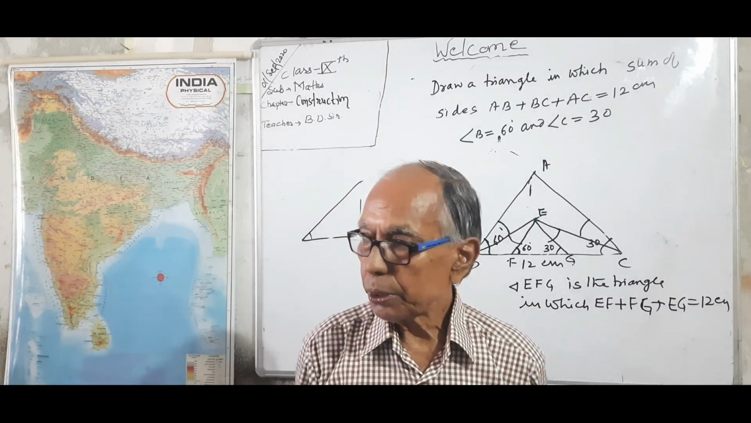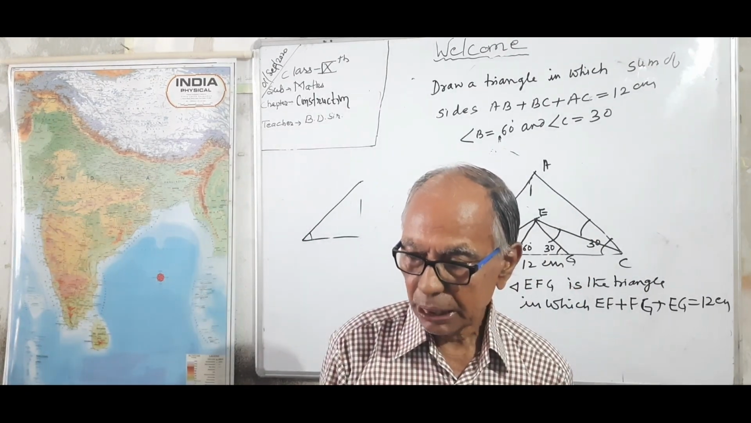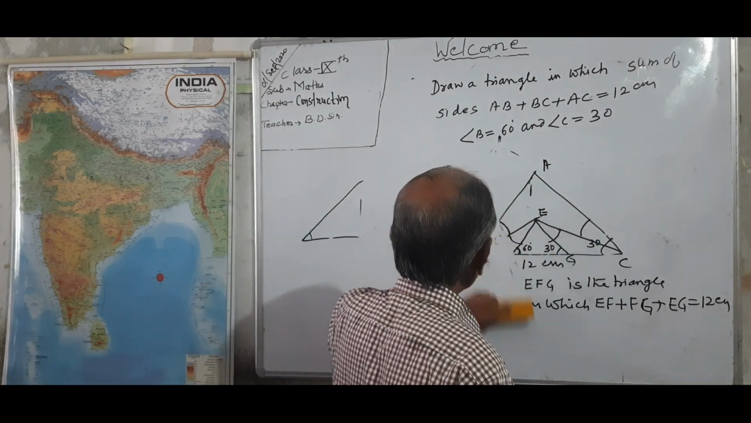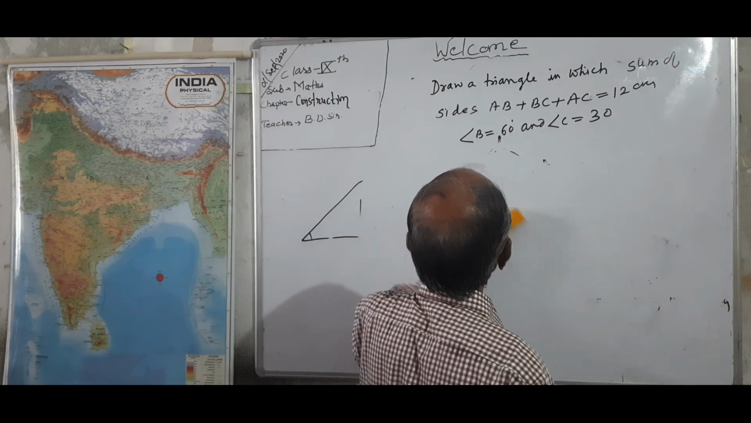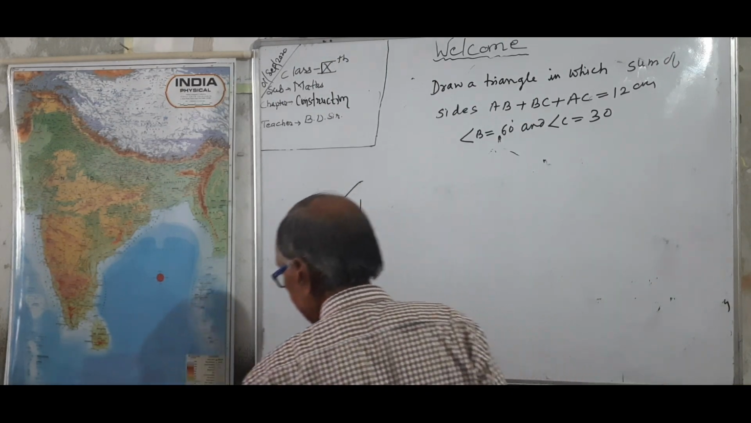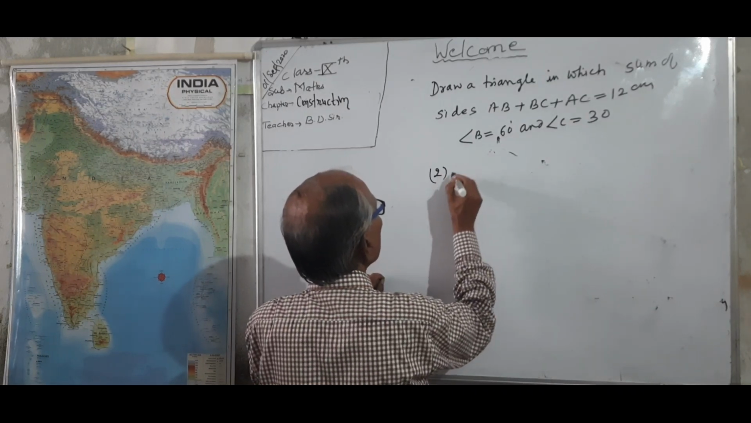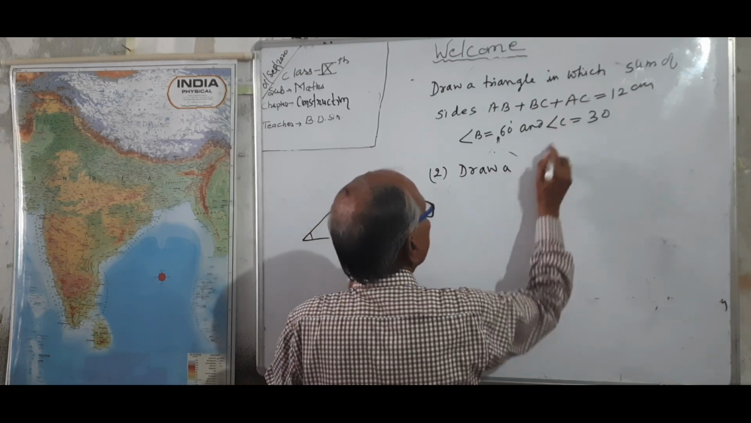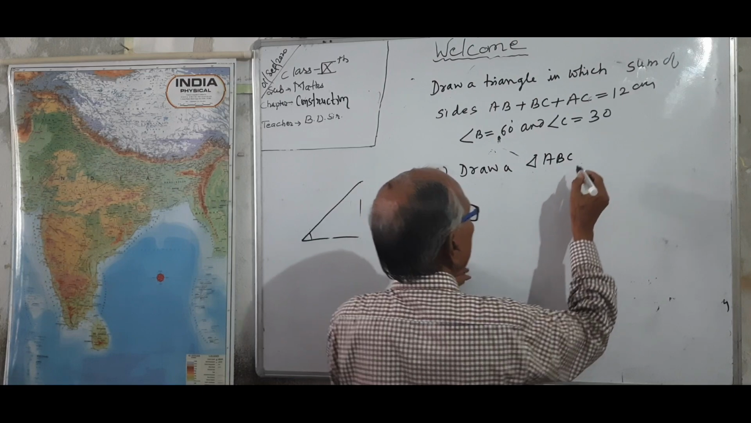Now we are going to draw the second construction. For this we are going to write the question. Question will be like this. Second construction. Question number 2. Draw a triangle ABC in which